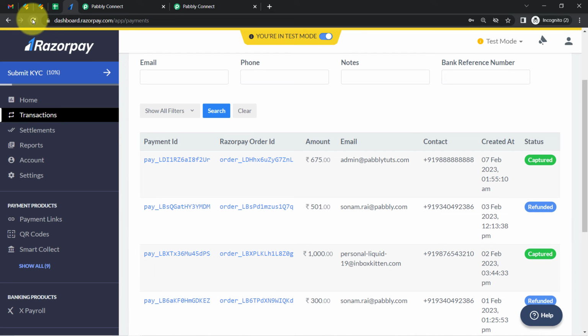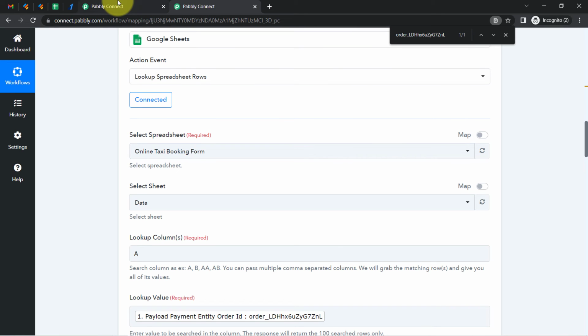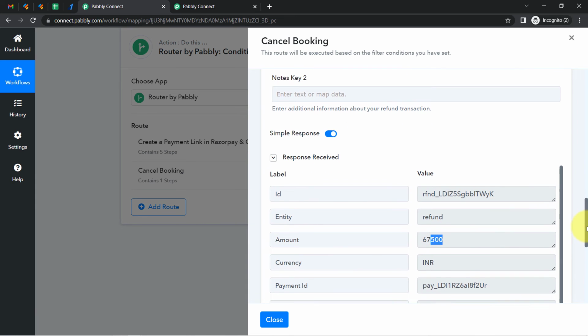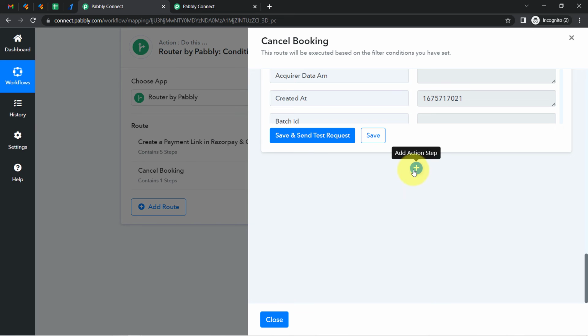Going back to my Razorpay dashboard, let me first refresh it. Alright, did you notice that the same payment has been refunded? So this is how you can automate the refund process also for your booking cancellation. This was the second automation and this is my first automation. Coming back to Pabbly Connect, once the refund has been initiated,